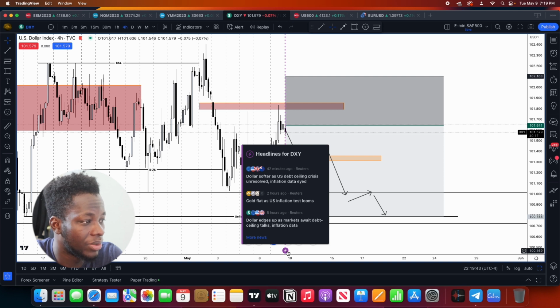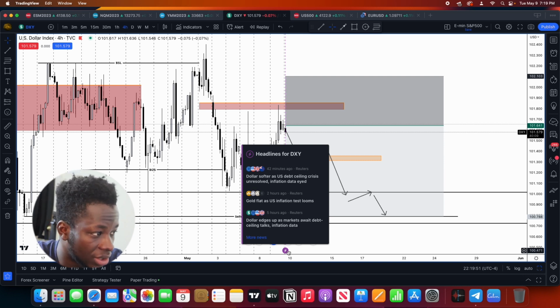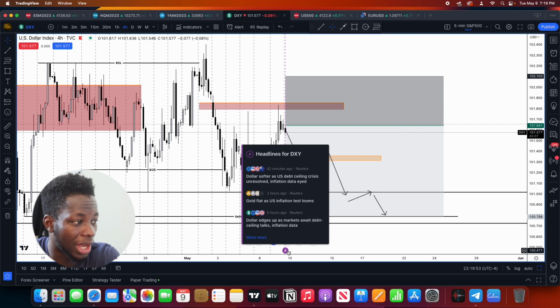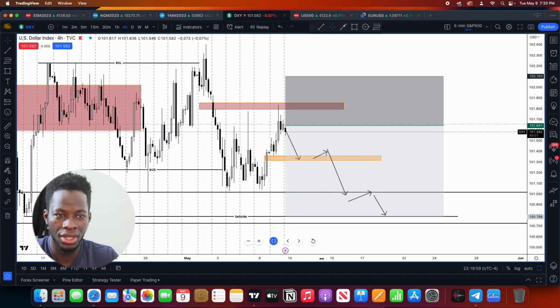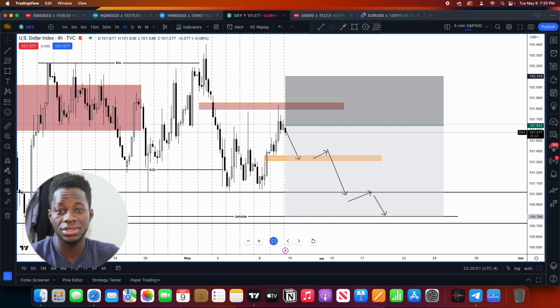I'm seeing we got news on the US debt, that is impacting the US currency as well, the dollar. We got inflation that's going up, and much of the talks are based around debt and inflation, so it affects the price of the dollar, which kind of supports the technical analysis that we got here. I don't know how it's going to turn out, but this is just what I'm thinking right now.